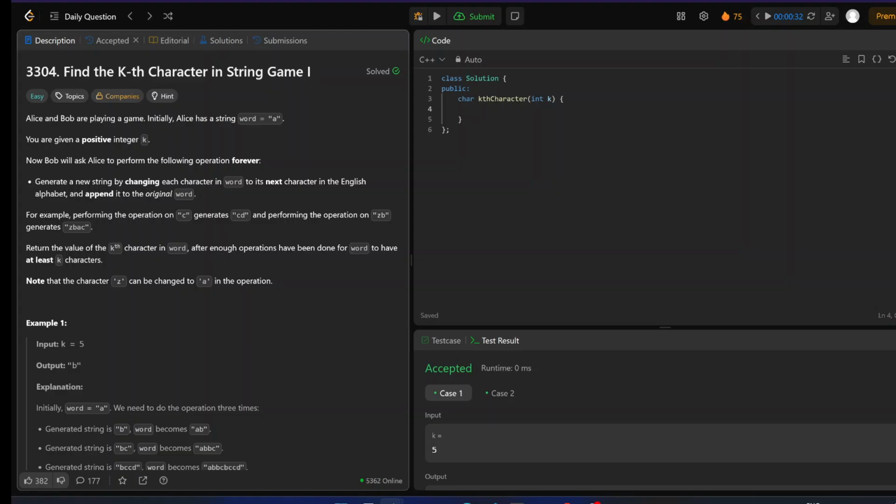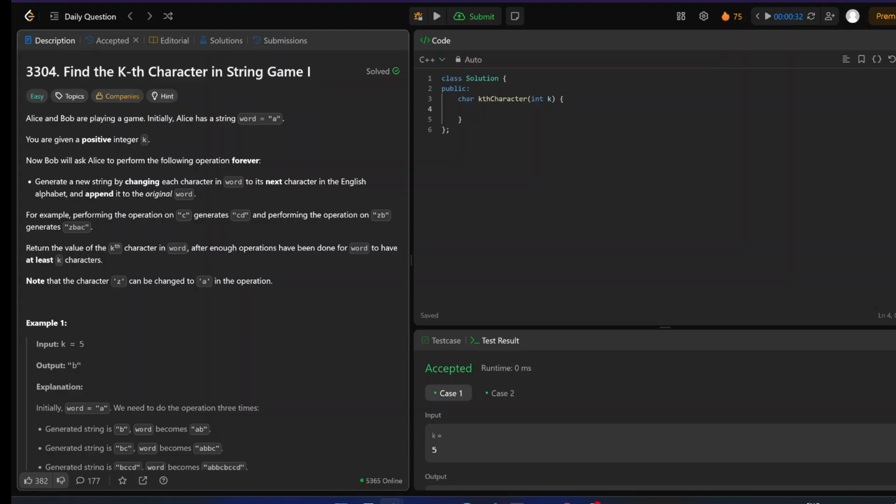As I prefer to work with integer arrays, I will store the ASCII values in an array. First I will make an array, then store 1 as a in that integer array.